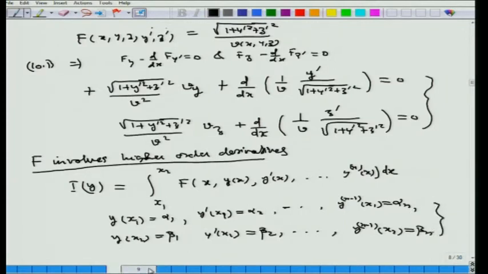So, we would like to see what are the conditions being satisfied by this y